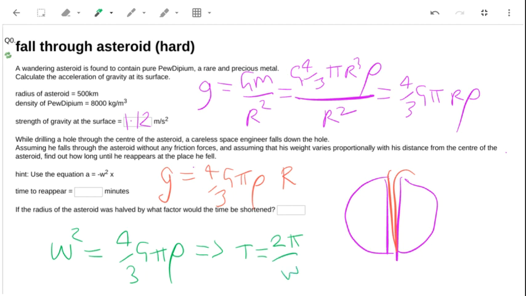Let's get omega first. So I'm just going to work that out. 4 divided by 3 times big G times pi times the density, square rooted, gives me an omega of 1.50 times 10 to the minus 3. If I put that back in there and do 2 pi divided by that answer, that gives me a period of 4,200 seconds. And to get it into minutes, I get a time of 70 minutes, which only depends on the density of the